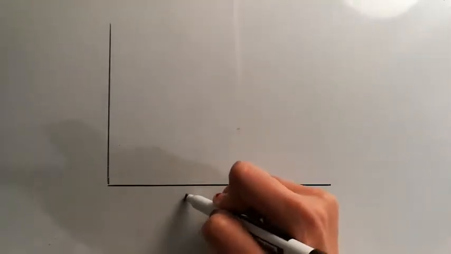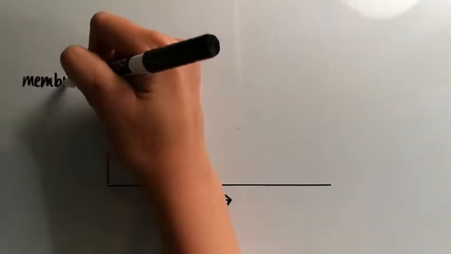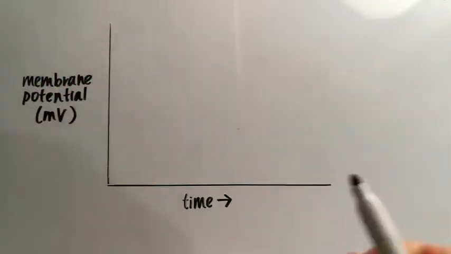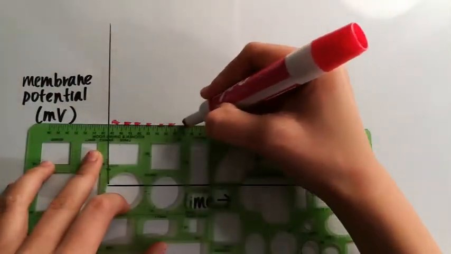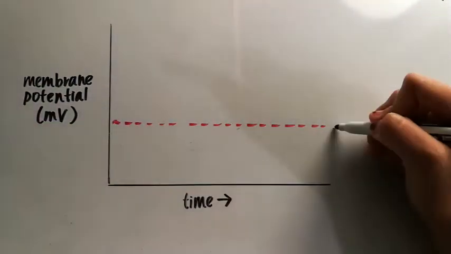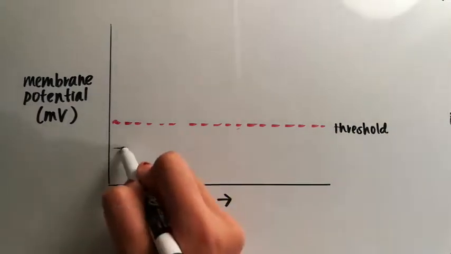To summarize that process simply, the opening of sodium channels results in an increase in membrane potential, and once that potential reaches the threshold, the curve's rapid increase represents the opening of many other sodium channels, resulting in further depolarization